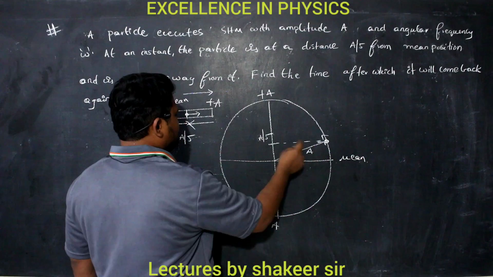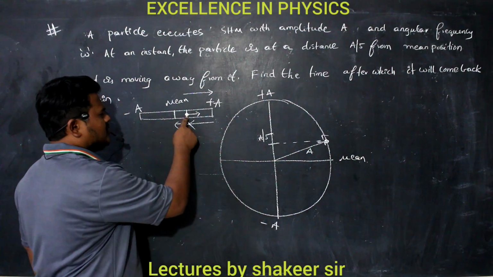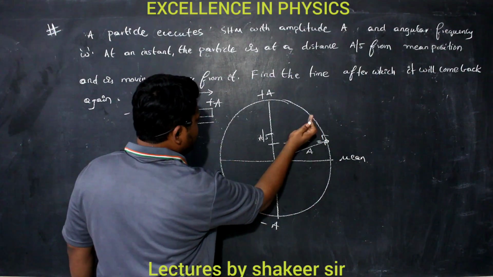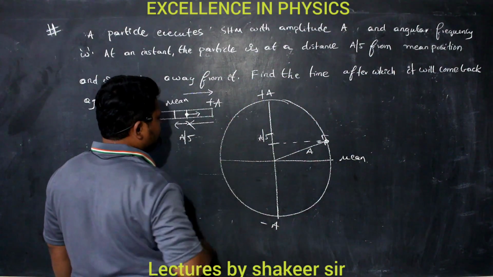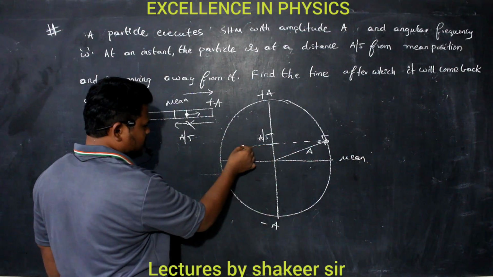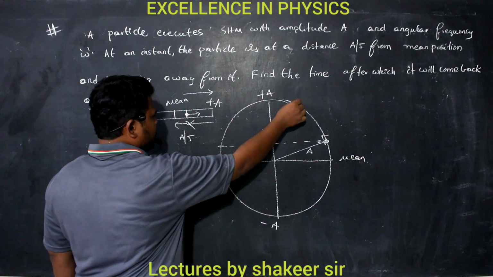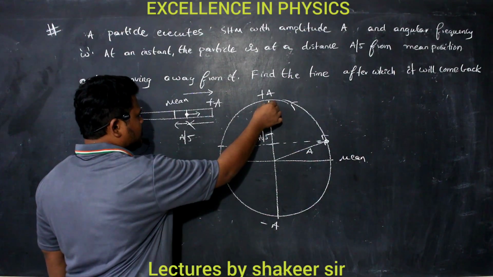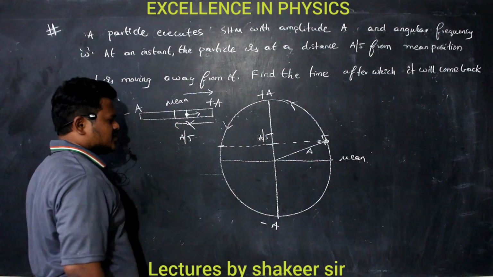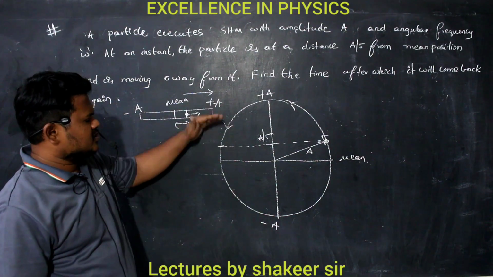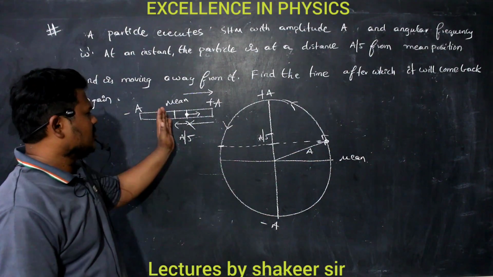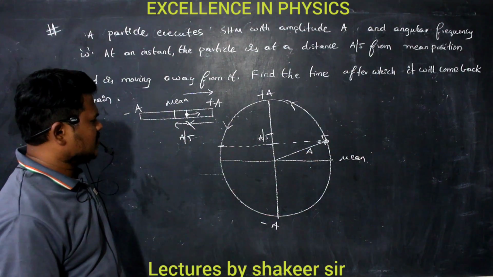From here, first of all, it should go to the extreme position, then it should return back. So from here the particle goes to the extreme position, then again returns to the same position. Same position means this position: the particle will travel here, cross the extreme position, then come again to the same position of A by 5 and in the same direction. This is the positive extremity, this is the negative extremity, and this total is in the same direction from the mean position. Are you able to understand?